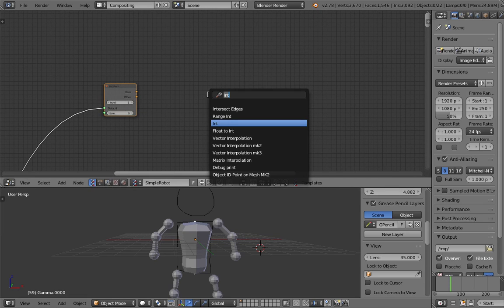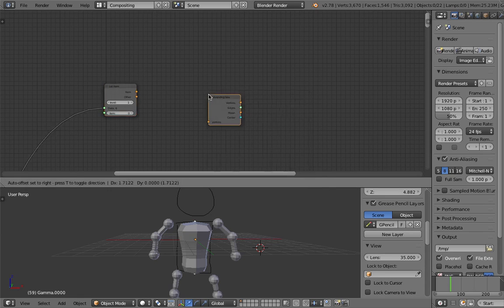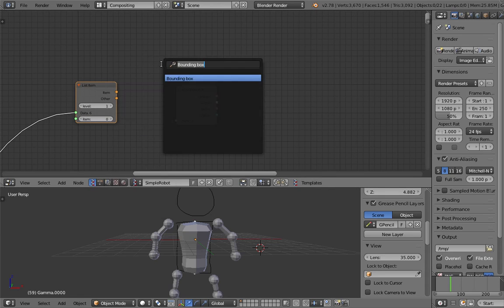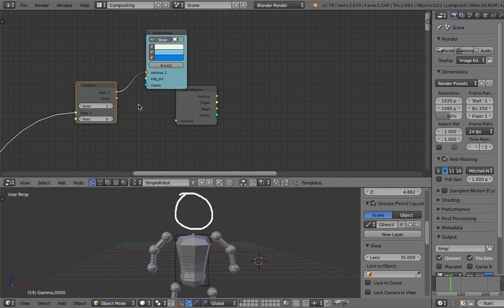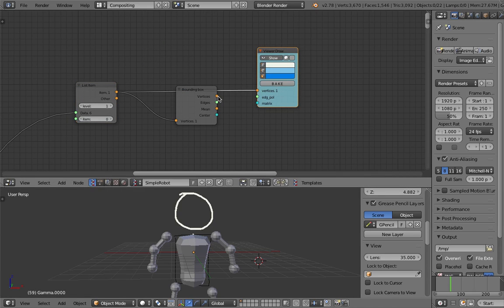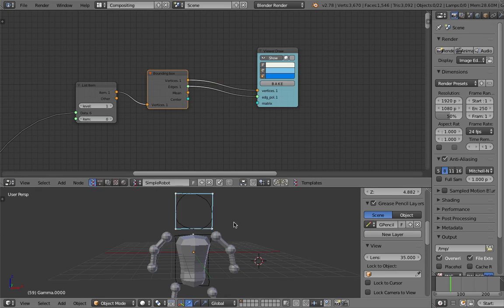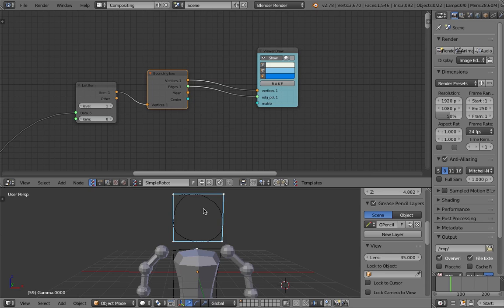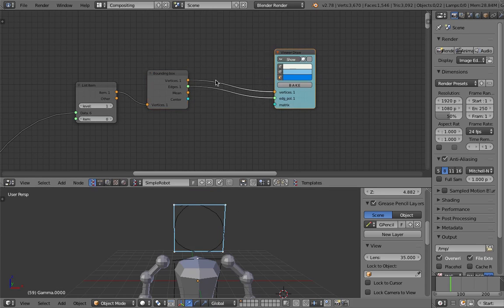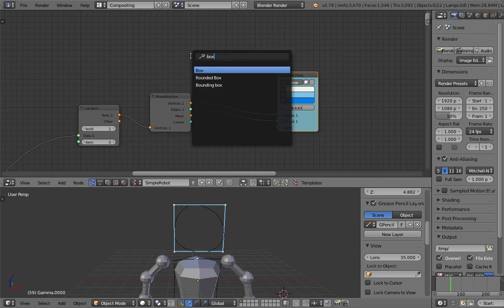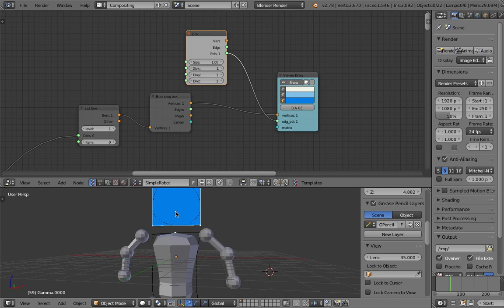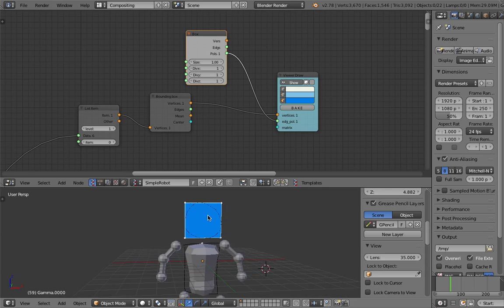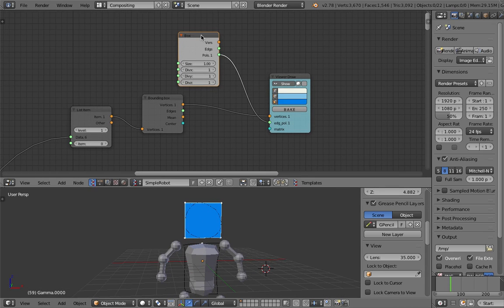For the head, for the sake of simplicity, I'm gonna use the bounding box, and let's check the data first. Is this the head? Yeah, this is the head part. Plug into the bounding box. With the bounding box, really, you can have this square. If you really want, you can turn bounding box into box quite easily. Just use box, because the box data and the bounding box kind of match. You can easily have that kind of flat piece of plane, but we don't want a flat piece, so